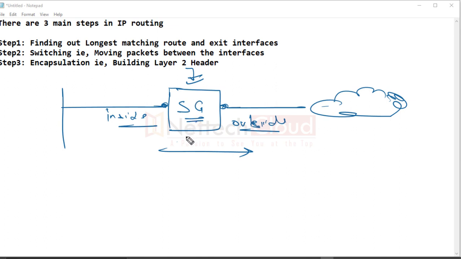It means the security policy controls the traffic. Whether traffic should be allowed or not allowed is decided by what? Security policy. If we do not create a security policy and we deploy a firewall inline, I mean in the path of the communication stream, and we do not create a security policy here, then there is an implicit deny. Traffic is not allowed to pass through the device, not from inside to outside or outside to inside. Zero trust security model. And why most of the firewalls?